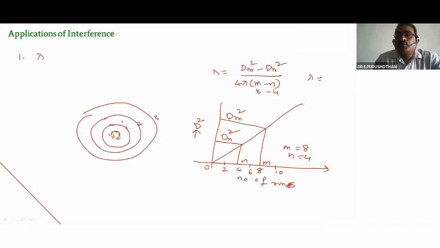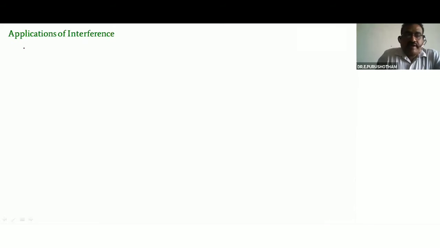So the lambda value. Here this is capital R, not lambda. Capital R, radius of curvature, 150 centimeters. From this relation we can calculate the wavelength value using the formula. So the first one: the interference pattern is used to measure the wavelength of a light source with accuracy up to 8 significant digits.